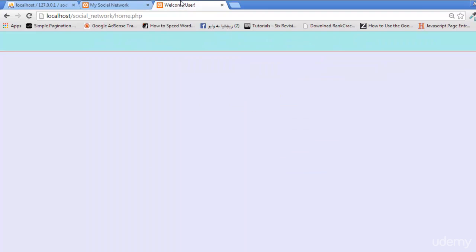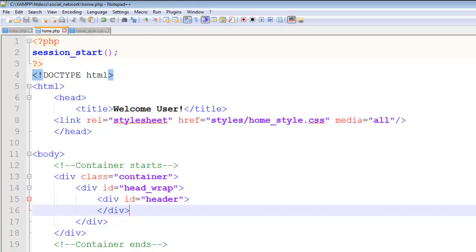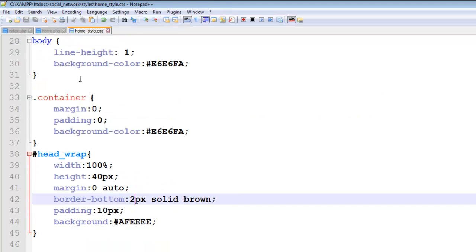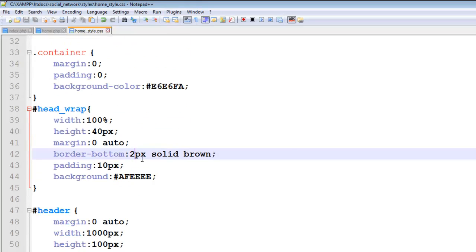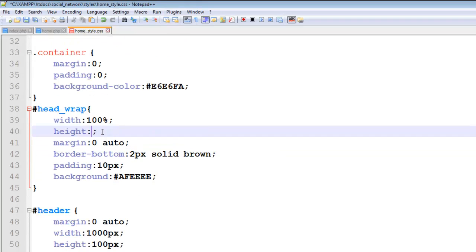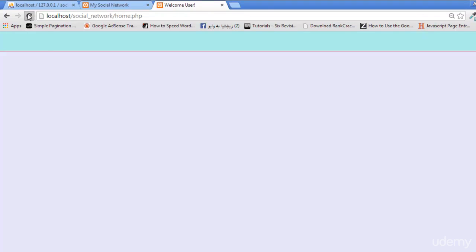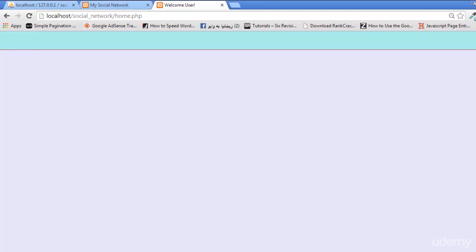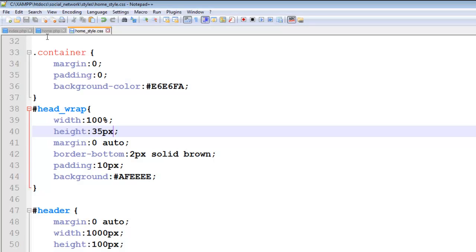So we can make the size a little bit smaller. We can decrease it to something like 35, basically 35 px, and that's fine. Now the next thing is to add the